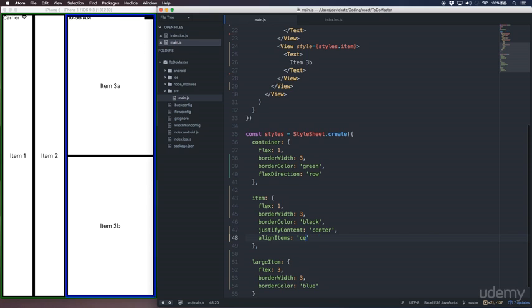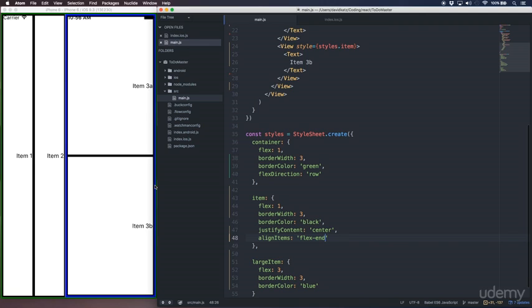Let's go ahead and check out flex start and flex end really quickly. So flex start is the default behavior, and flex end is the opposite of that default behavior, which can go all the way to the right. Cool. Now we have a better understanding of justify content and align items. We also have a really good understanding of Flexbox overall, and now we're ready to go ahead and continue building